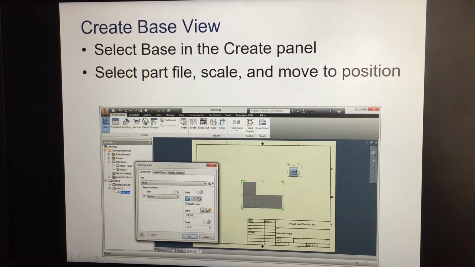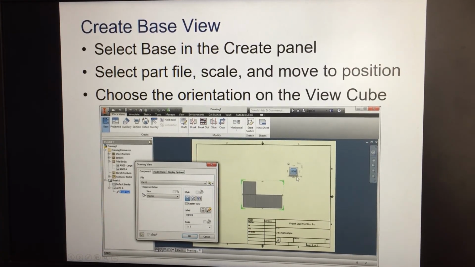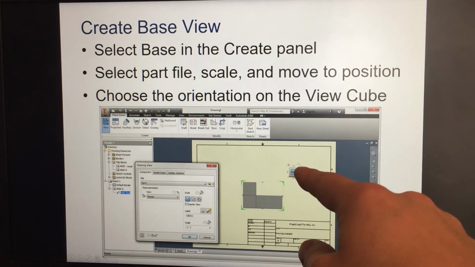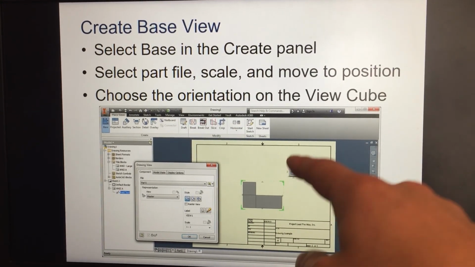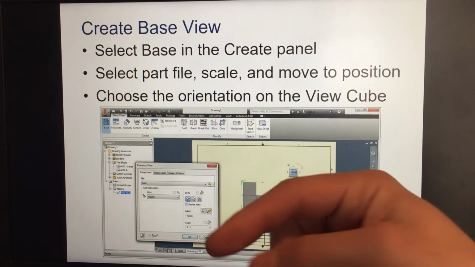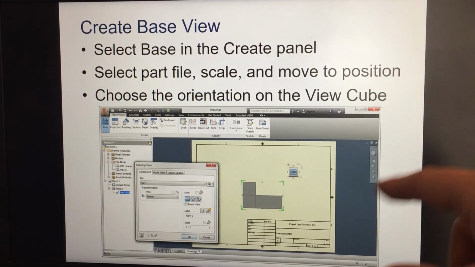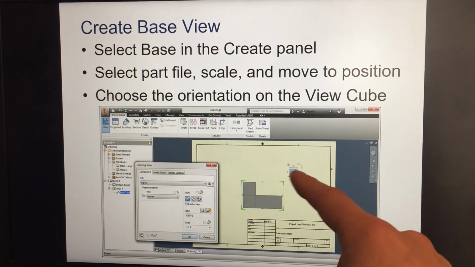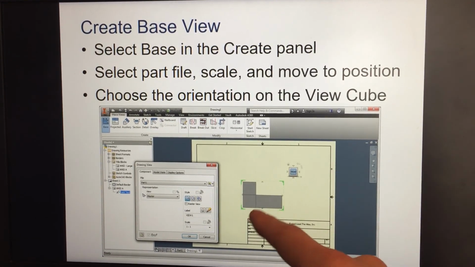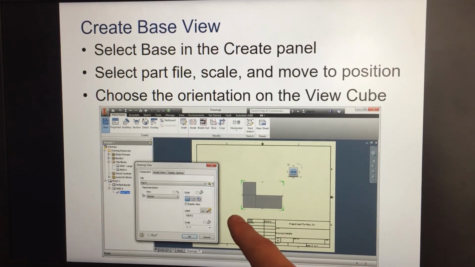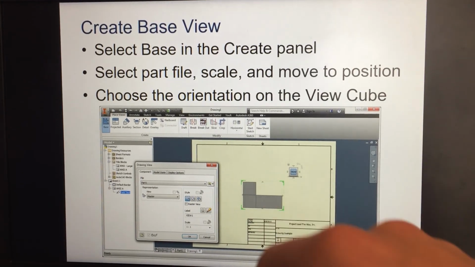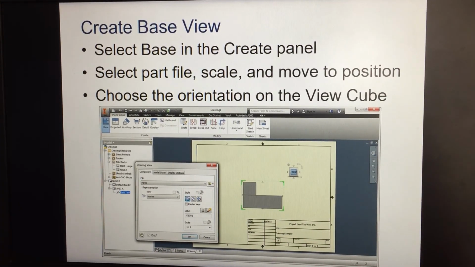Next will be your view block here, the view cube. These little arrows here around the view cube, if you click those, it'll rotate the object. Remember, just because it says front view doesn't mean it's a good front view. It is your responsibility to select what would be the best front view in this case. So the front view is going to be whatever you choose it to be. All right, and once again, front view should be the one with the longest dimension, shows the most contour, the least amount of hidden lines. All right, so once you do that,